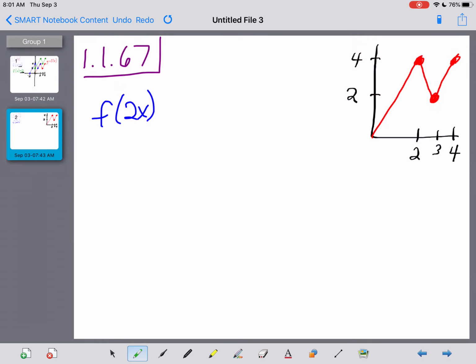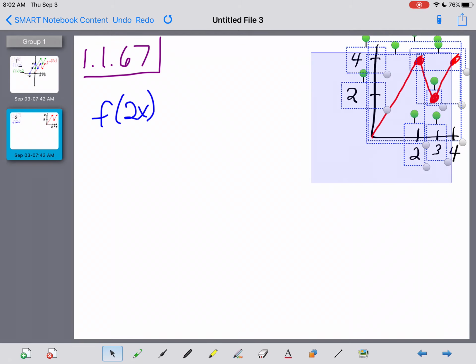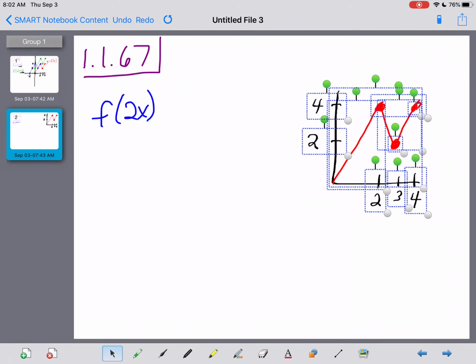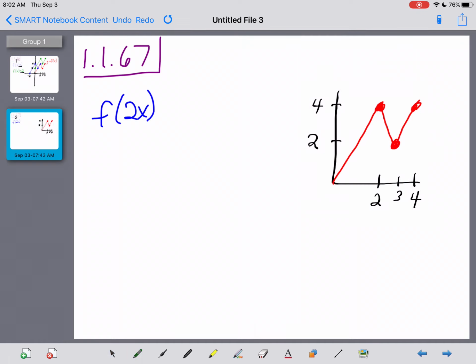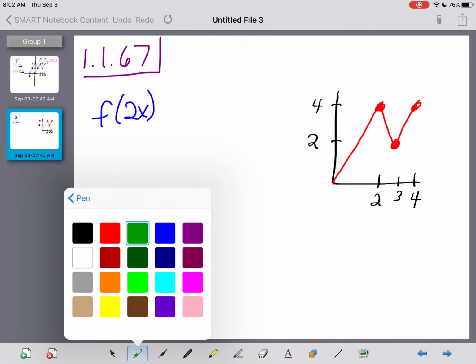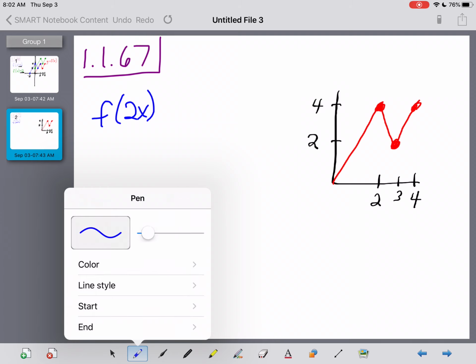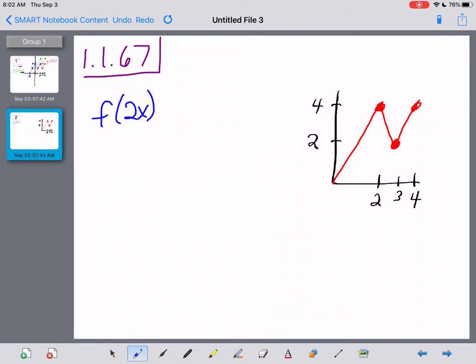And while we're on the subject, let's go ahead and talk about 67, which again is asking you to take the same original graph here and make a couple of different modifications to it. So the first one they asked for in problem number 67 was to take f of 2x compared then to the original function. Now, what this 2, that is a factor of x inside the parentheses, is probably most closely